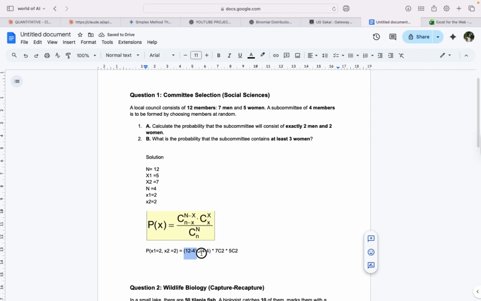So all these over the number of combinations. So we have 12 combination n, which is 4, right? 12 combination 4. And this is going to give us